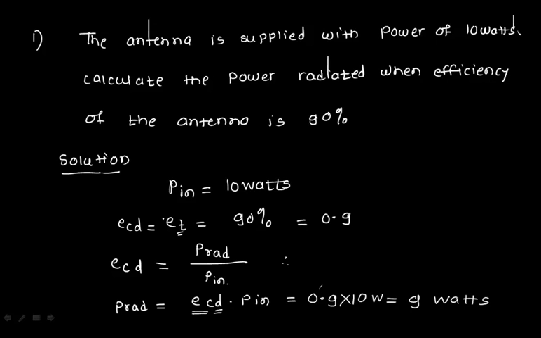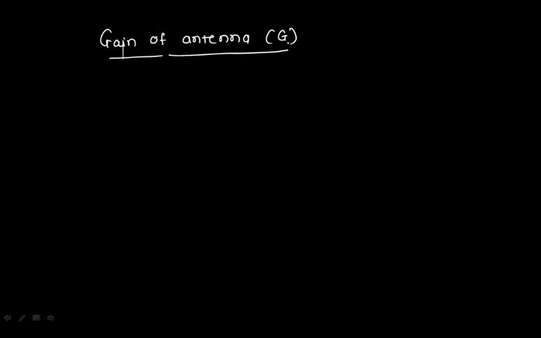Now the gain of the antenna. As we have talked previously, gain and directivity combined together were called the directive gain, but now we are using gain of antenna as a different term. So we'll see what this gain of antenna is. The gain of antenna will be denoted by G. Whereas we have seen the total efficiency, the gain of antenna is the actual quantity which is less than the directivity due to ohmic losses in the antenna.